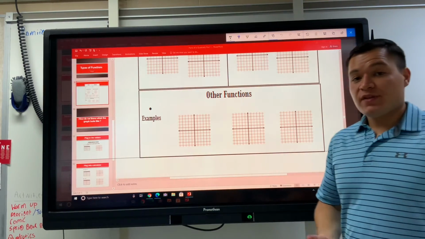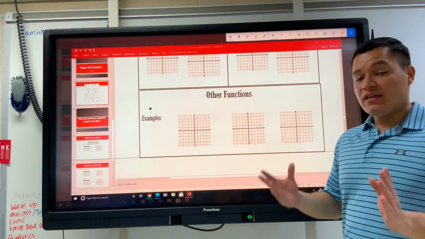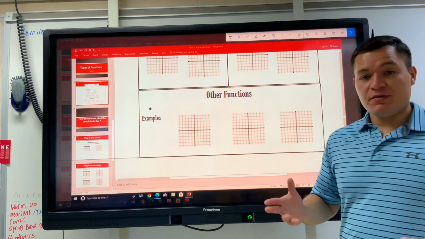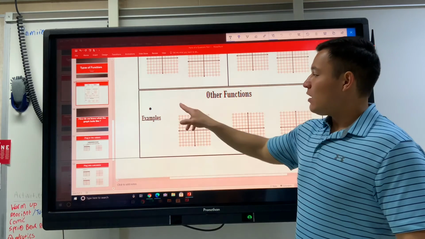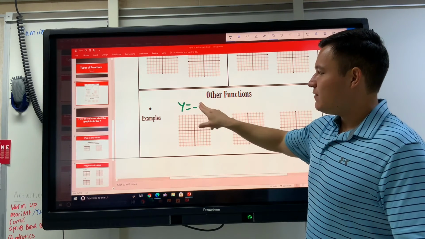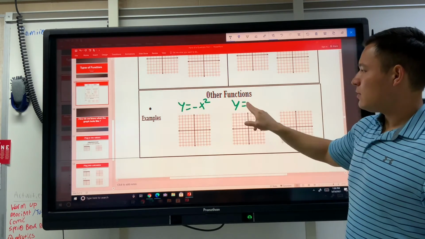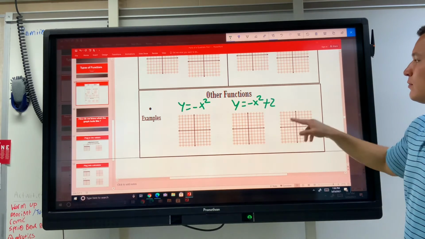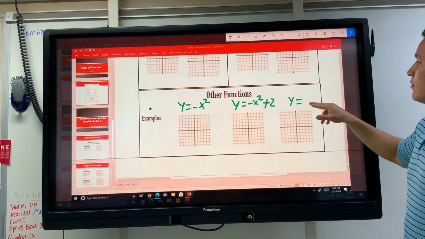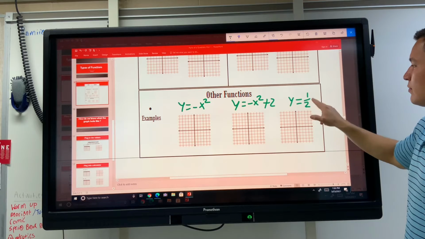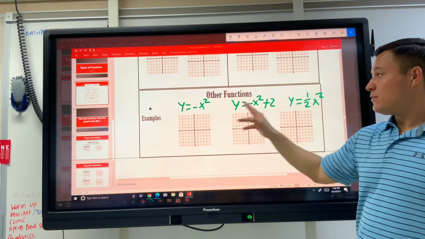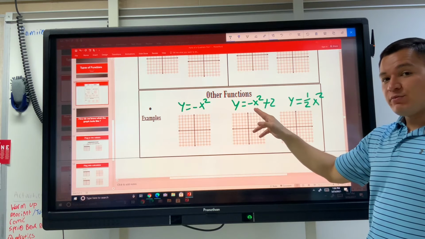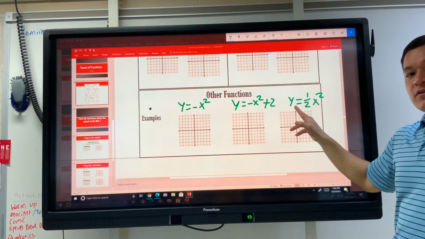After you graph those, I just have a few more for you to do as a part of our examples, and then you'll get to do your regular questions. Just a few more questions after this. I want you to graph y equals -x squared. Please graph for me y equals -x squared, y equals -x squared plus 2, and y equals 1/2 of x